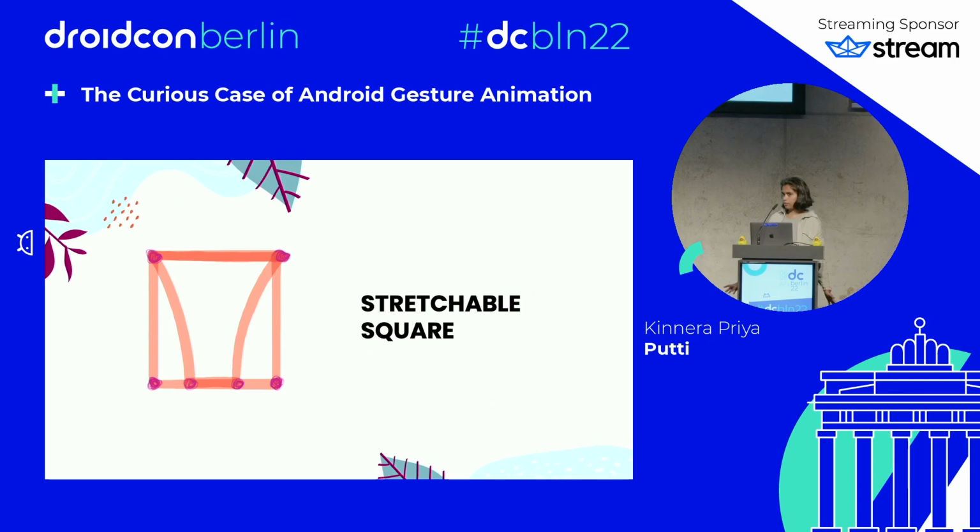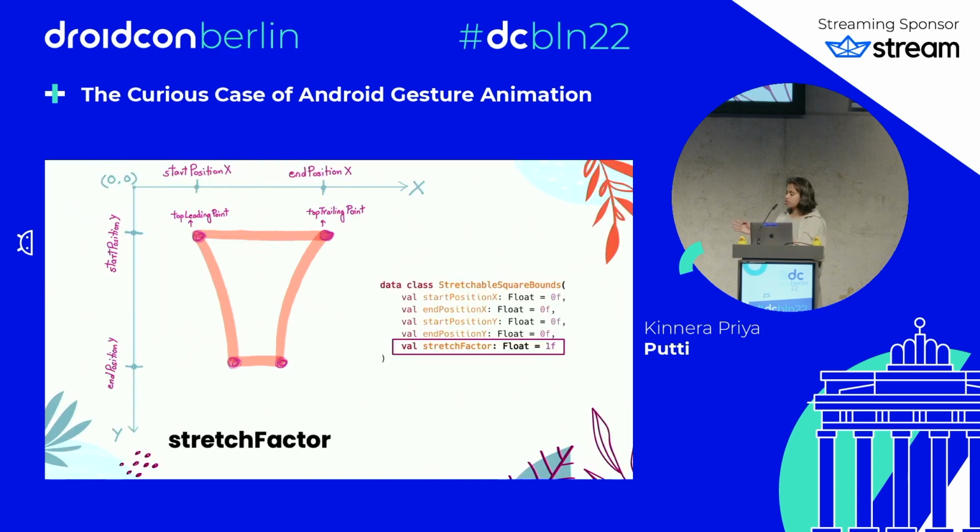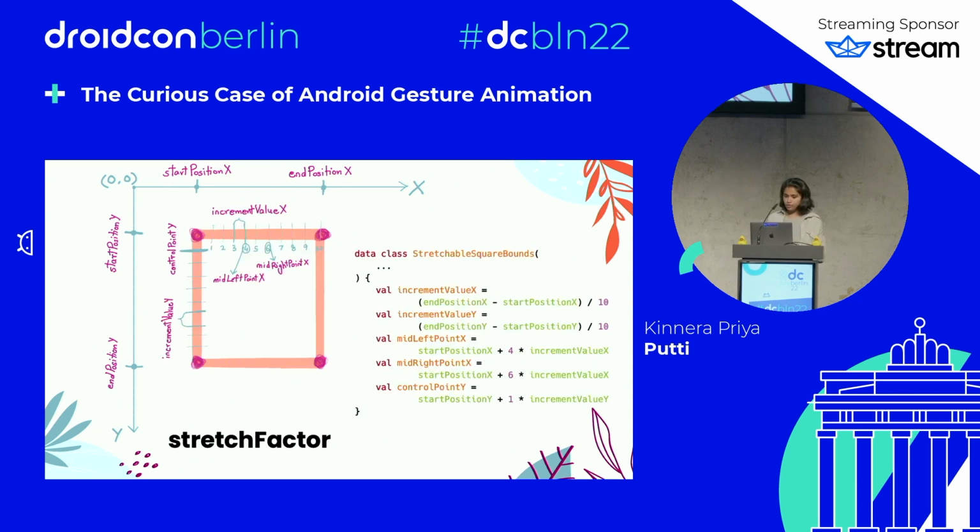We just drew the square before, so we have to make it stretchable. What do we need to make it stretchable? We need two things. We need the scale for translation, and we need the stretch factor. So let's start with the stretch factor. We're just going to define a float in the same way that we defined all of the bounds before. And